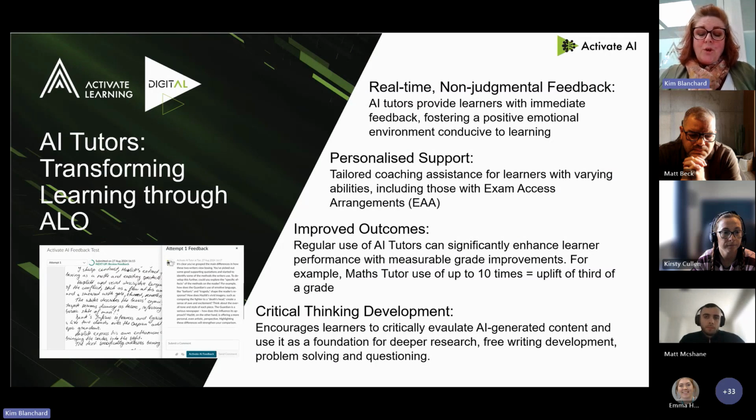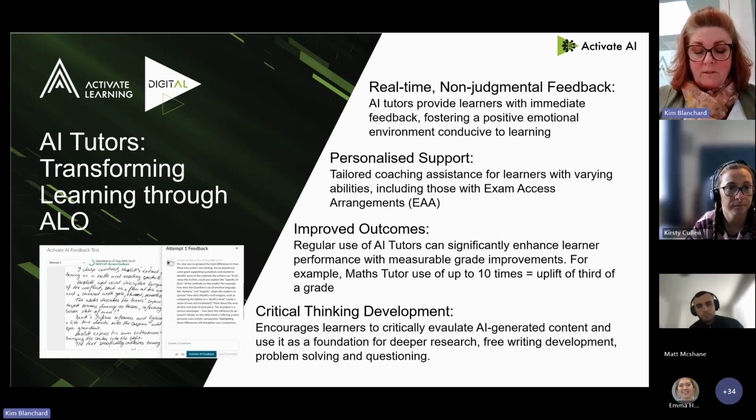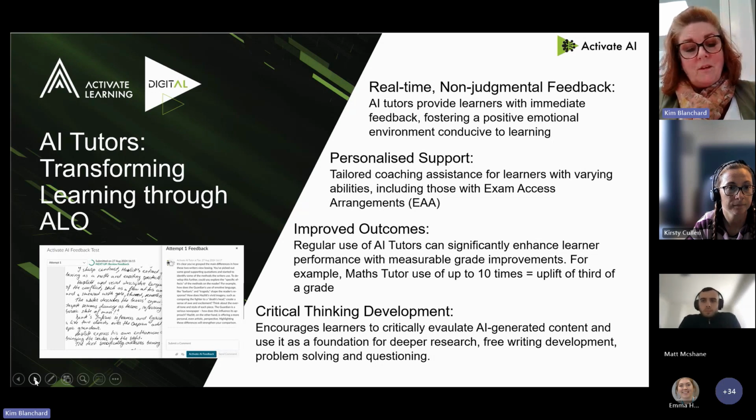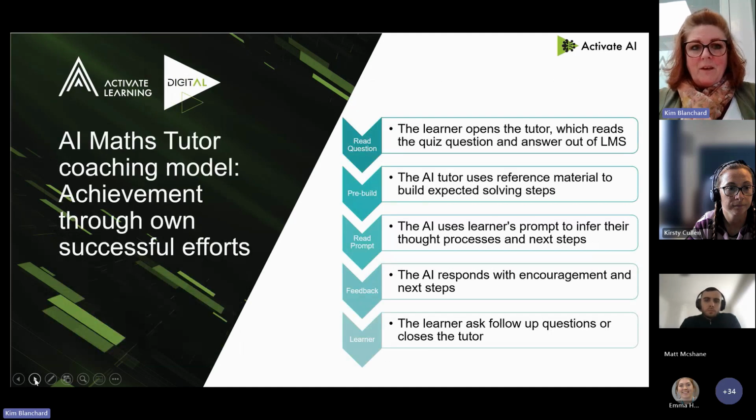Critical thinking development. So putting the tutors into the course was a way of supporting that critical thinking development. We know that's an essential skill for our learners to have, but using the tools again within Canvas enabled us to really support that problem solving, questioning, the free writing development at point of need. And the beauty of this is it is really about the point of need for the learner. During daytime hours, they can ask the tutor when they're on site in college. But outside of that, who do they ask?